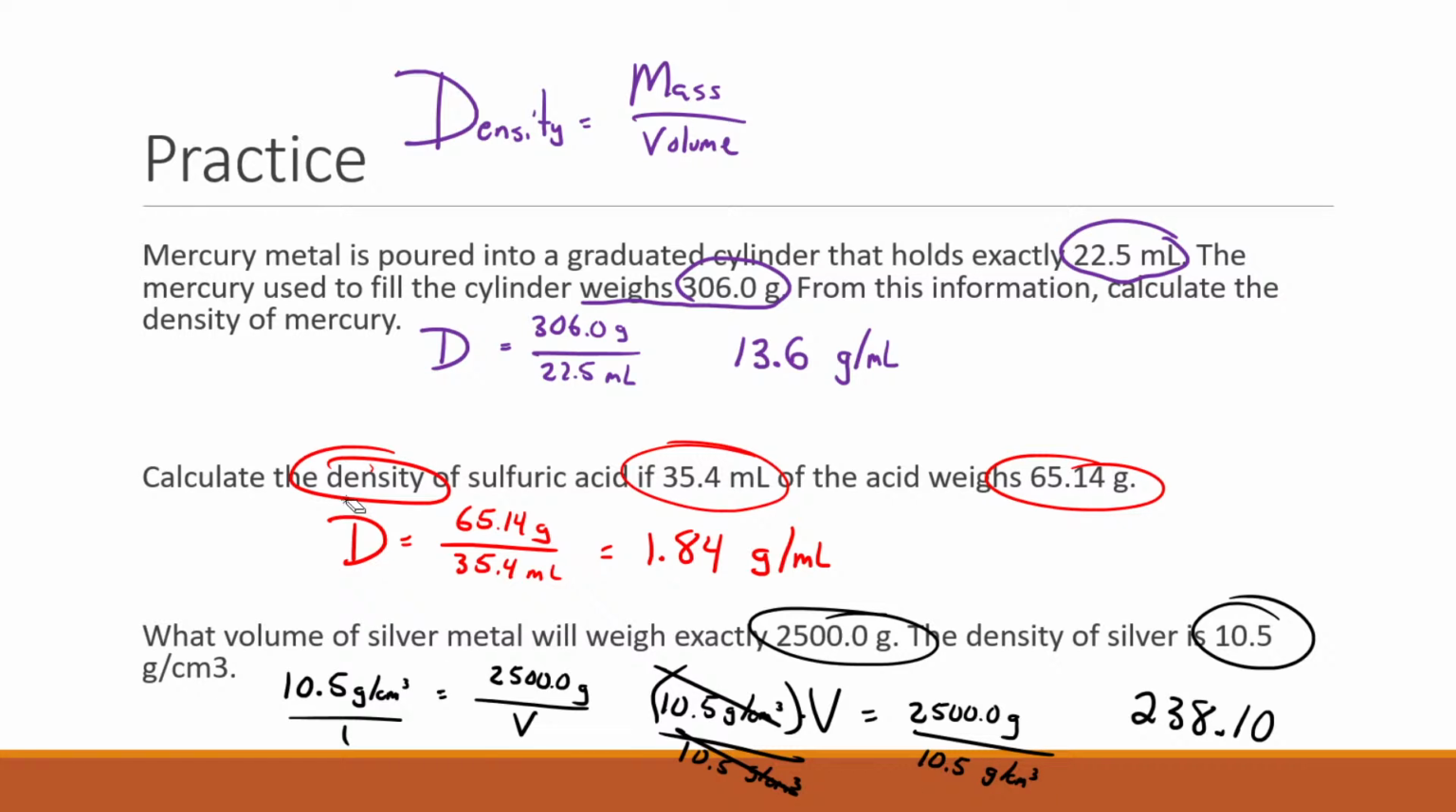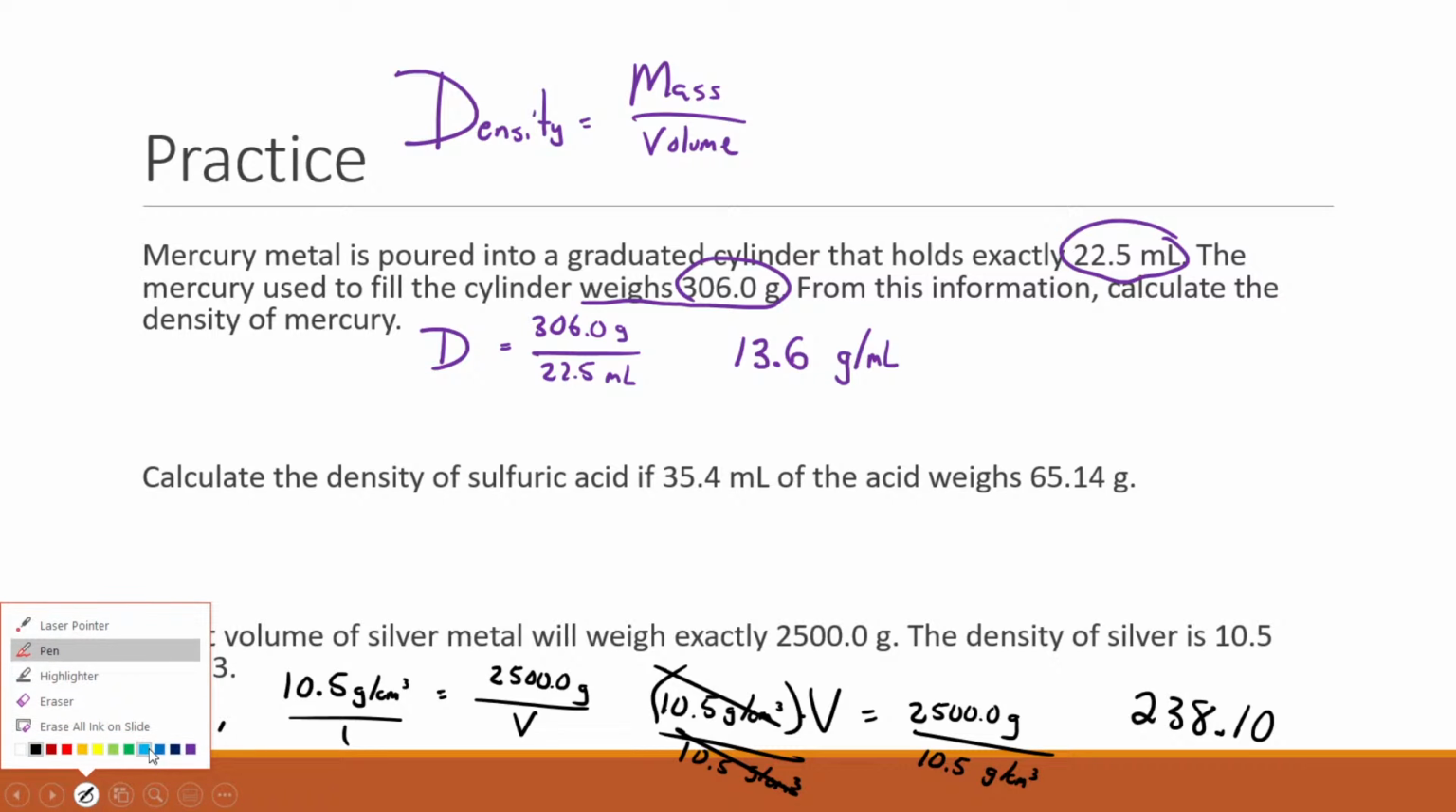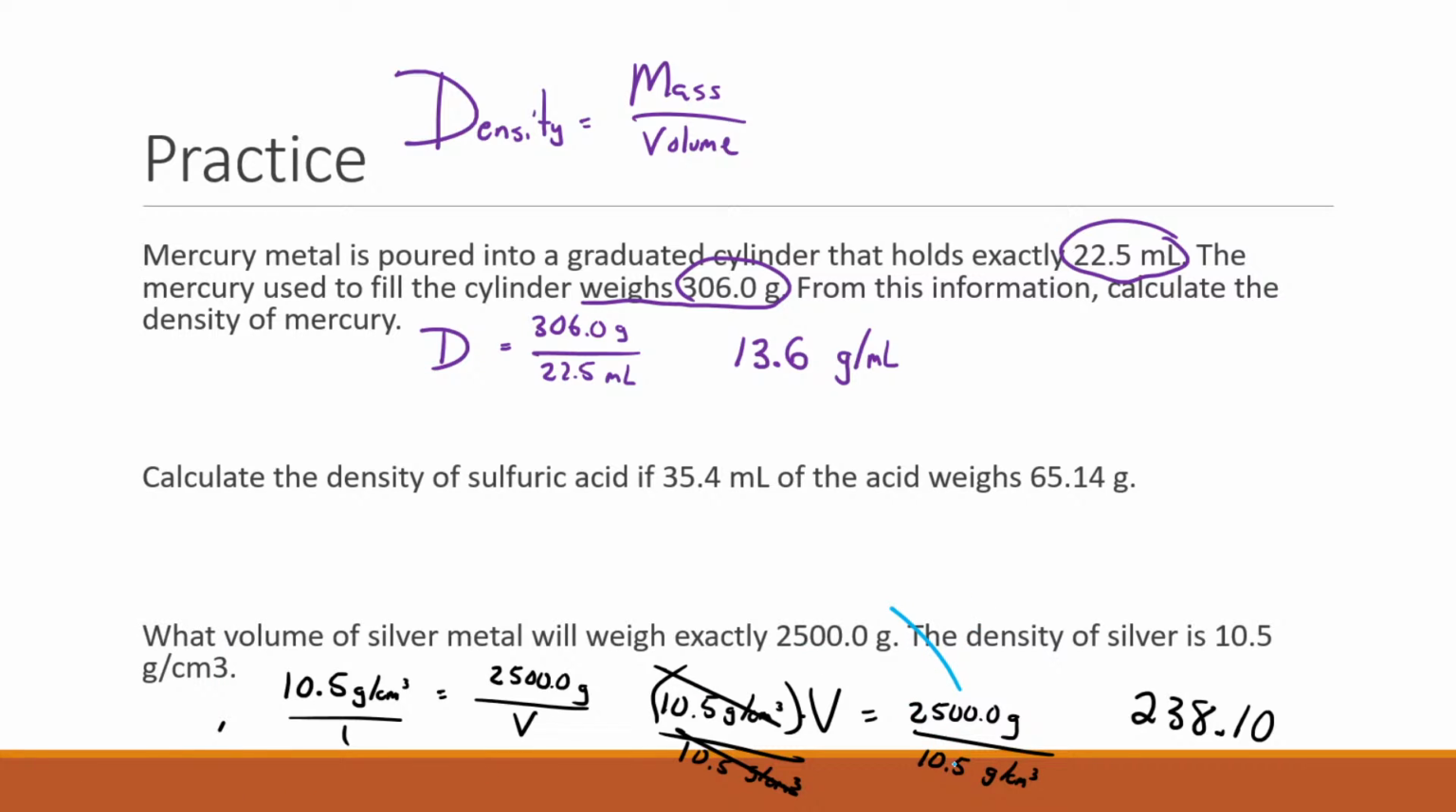And for our units, I'm actually going to clear out this up here, and we're going to move our unit logic to this little spot. And we're going to talk it through. All right, let's see. What color have I not used yet today? Let's go this blue. We're going to move this up here, and we're going to talk it through. All right, we've got 2,500 grams. We've got 10.5 grams per centimeter cubed. The numbers work out fine. 238.10. But